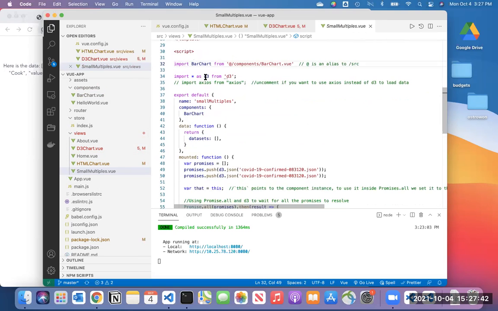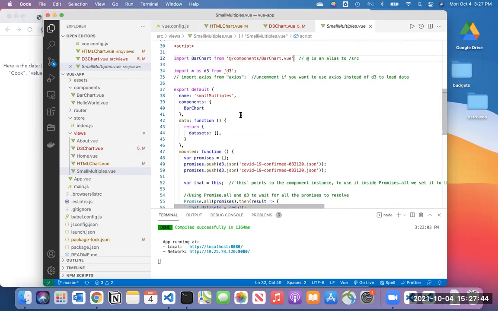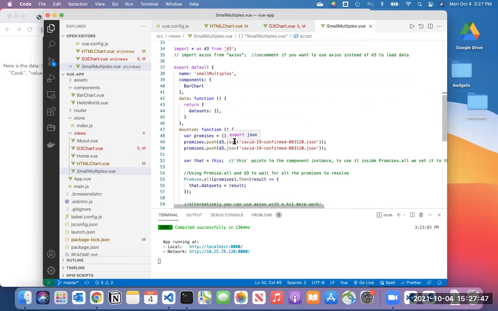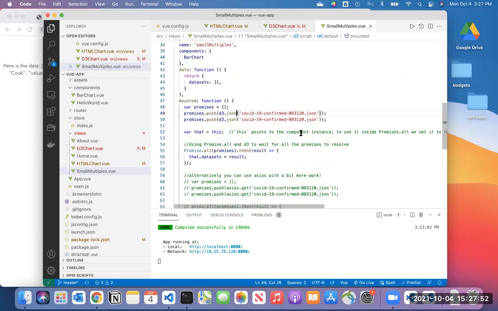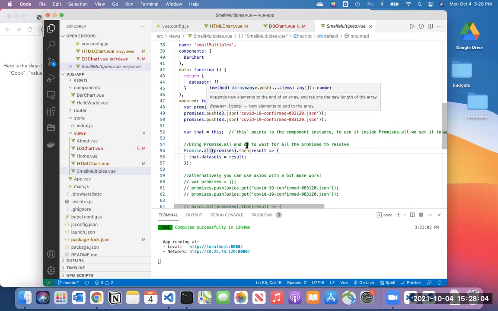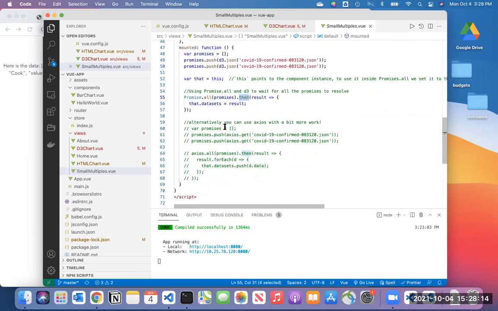Here I don't know why I have D3, because probably we don't need it unless I'm using d3.json to load the data. Okay, that's the only reason. And here, because I want to load the data multiple times, I'm doing this with Promise.all. So you can get an array of promises, and when they're all resolved, then you're back in the .then. So this is just the way it is. You do it, and I'm showing it to you so that